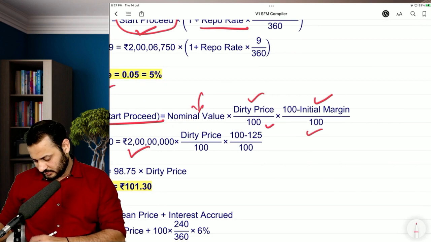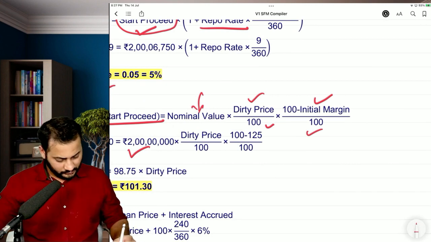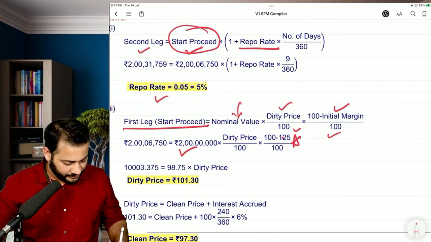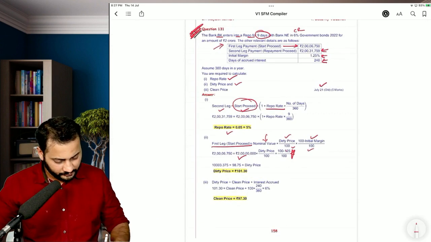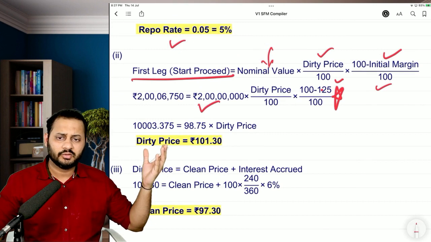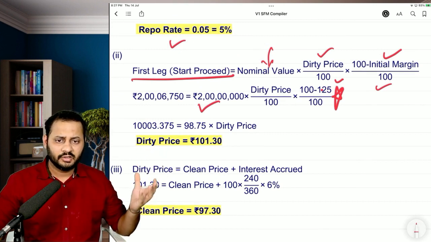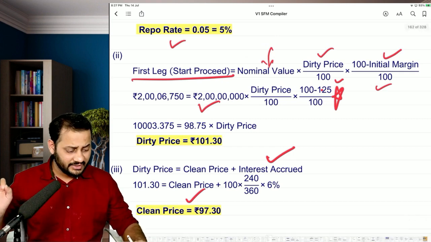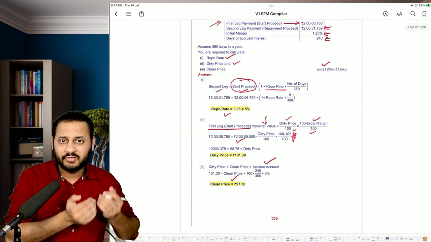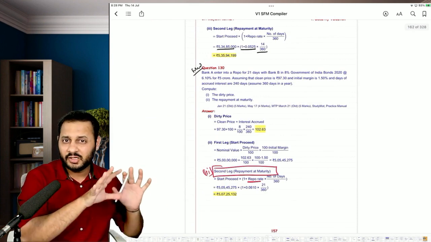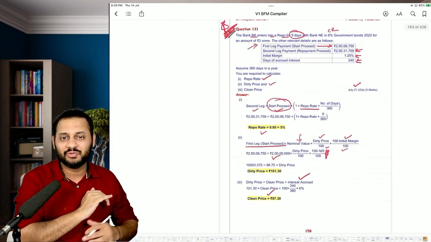100. It should be like this. So make a correction here. It should be 1.25. Right? And you will get the dirty price. Reverse calculation. Once you get the dirty price, you have the interest accrued, you can calculate the clean price. This question is very easy, but all the calculations are in reverse method. So you will have to just use question number 130 and 129 in a reverse method to calculate the answers